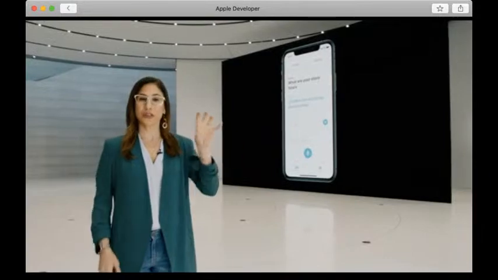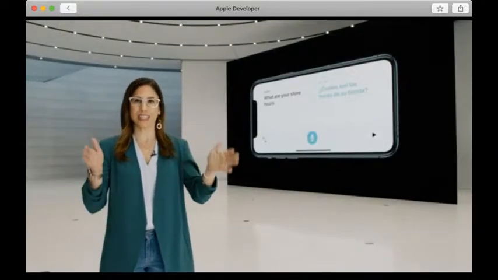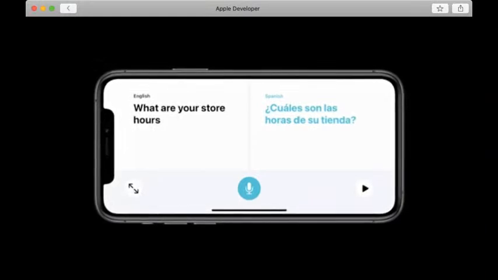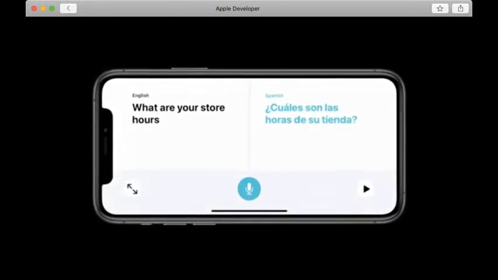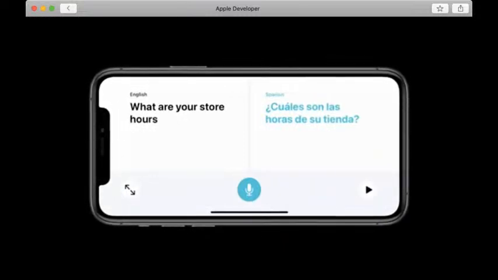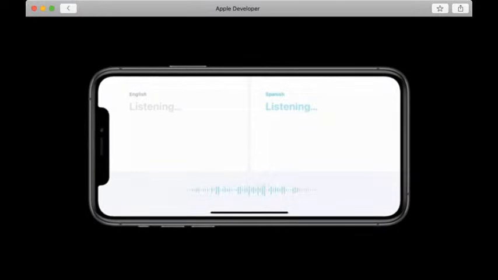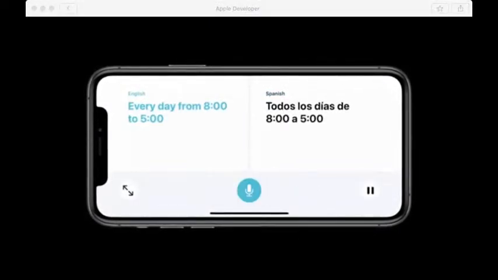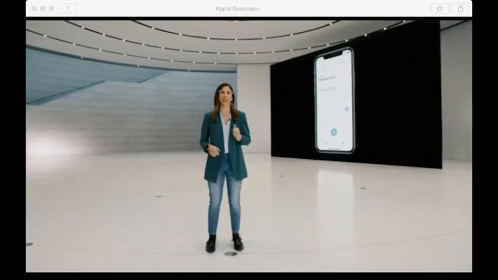And just turn the phone to landscape to open conversation mode. We've designed a side-by-side view that's easy for two people to know which side to follow in the conversation. This mode is incredibly intuitive, with just a single microphone button because the app intelligently detects the language spoken and shows translation on the correct side of the screen. Translate will make communicating between languages easier than